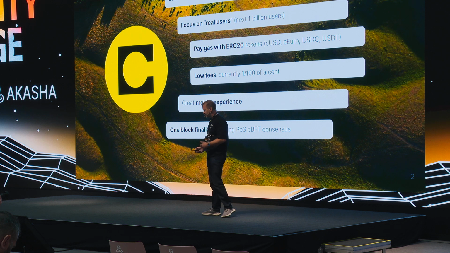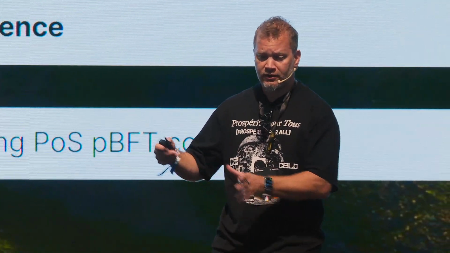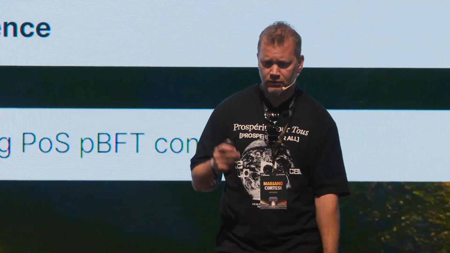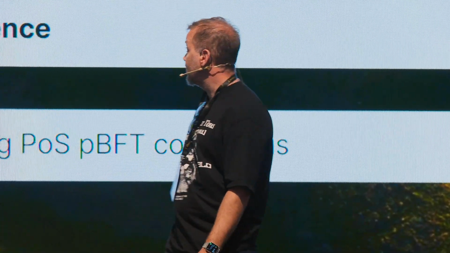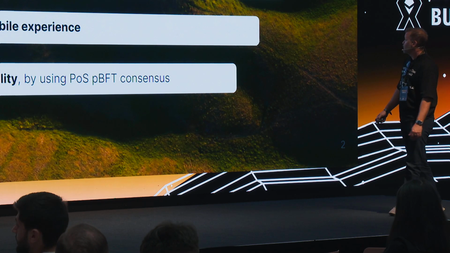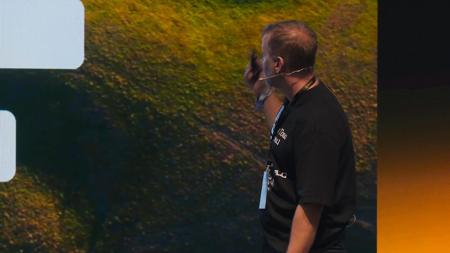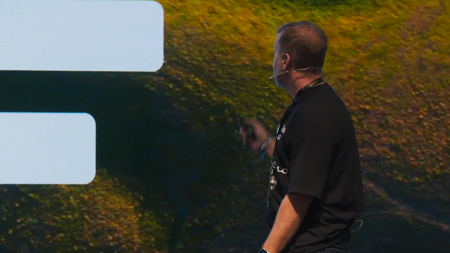So if you do, I don't know, €3 for the coffee and maybe add just a few cents for the fee, it's hard to explain to someone that is non-crypto that you need to use some other currency, ETH, Celo, whatever, to pay for that fee. So Celo has this feature where you can actually pay with stablecoins or actually any ERC20. And we currently have our own stablecoin, which is cUSD, cEuro, but we are now actually deploying USDC and